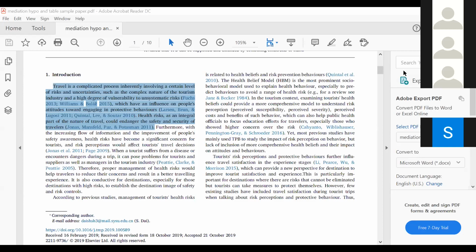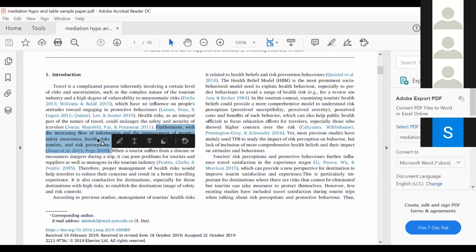So I think that is understood, the rationale is understood. Now let me go to the next paragraph. So this same paragraph he's taking further. He's saying, furthermore, the increasing information and improvement of people's health has become a significant